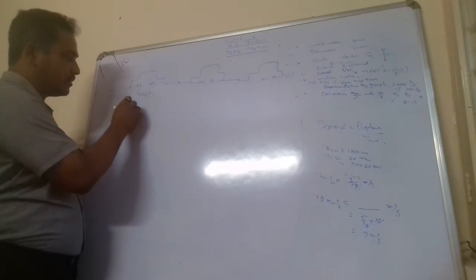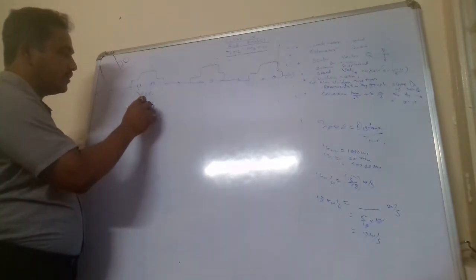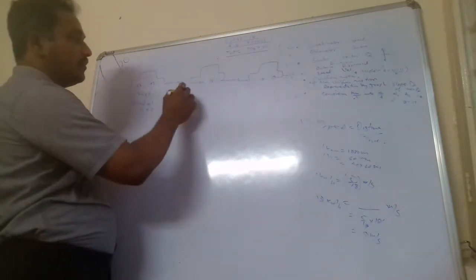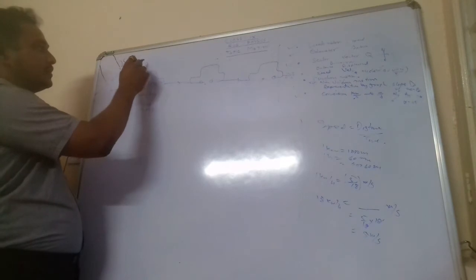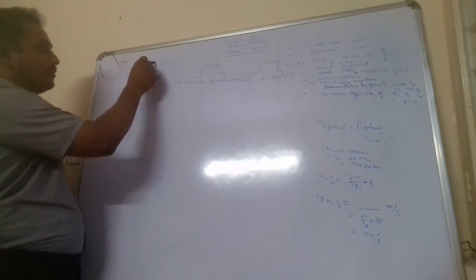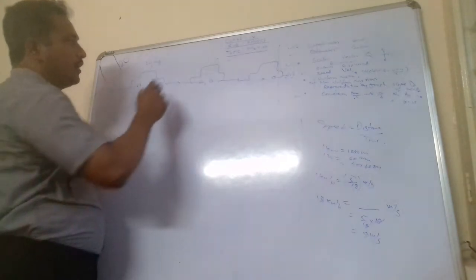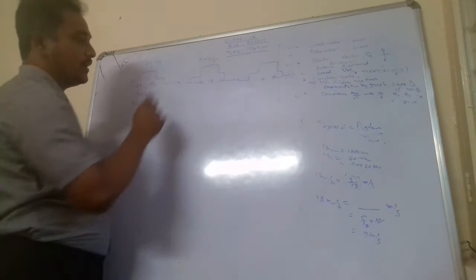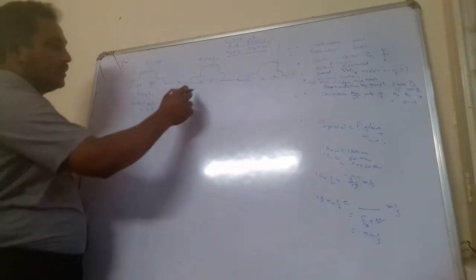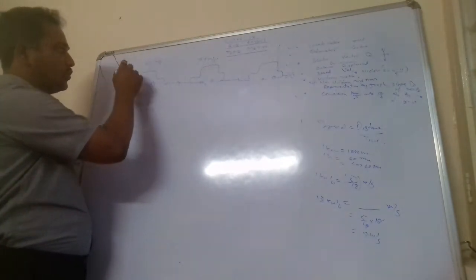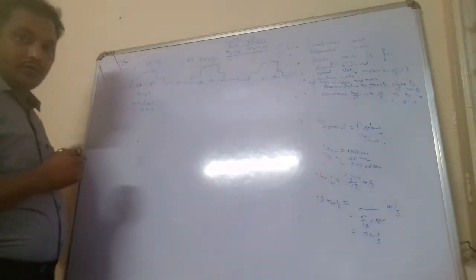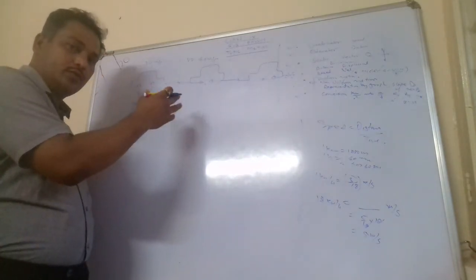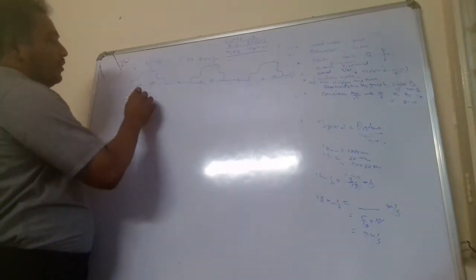So for example, here it was at rest, not moving. This is called initial velocity, denoted by small u. Always use small u for initial velocity. And this is final velocity. Here it was moving, for example, at 20 meter per second, and here it is moving at 40 meter per second. Here this will be the initial velocity u, and this is the final velocity v. The latter one we will use as the final velocity.